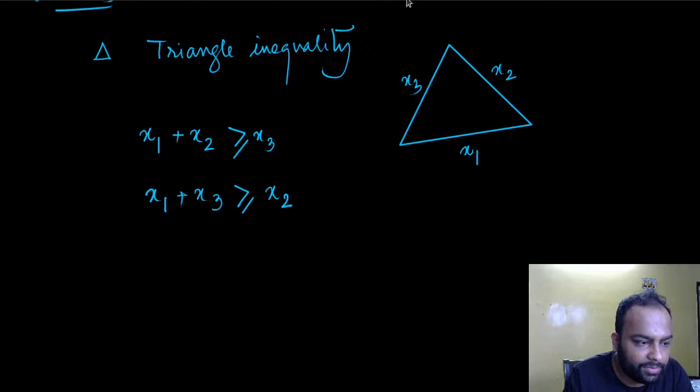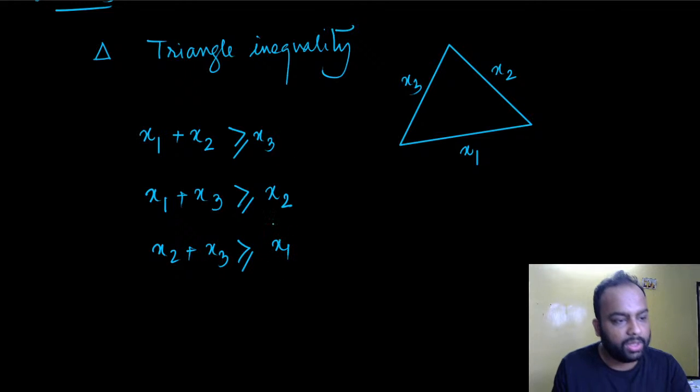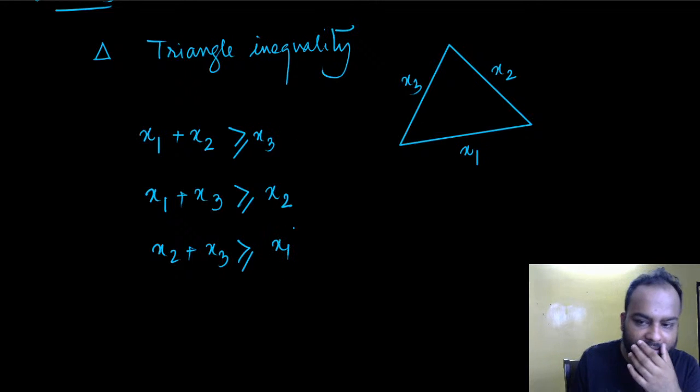So that's one thing. Now here we have the other case: x2 plus x3 greater than or equal to x1. So this is the triangle inequality. Triangle inequality essentially says,